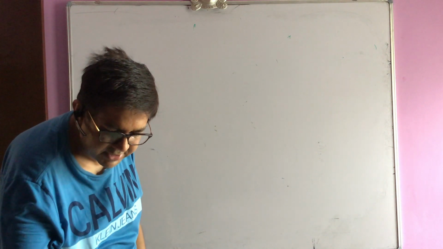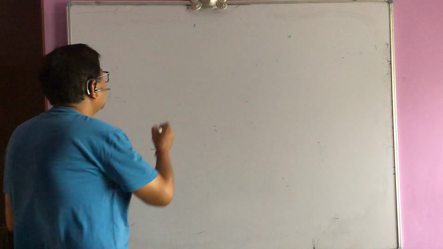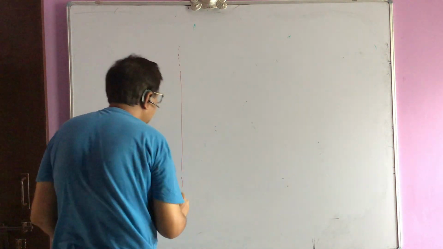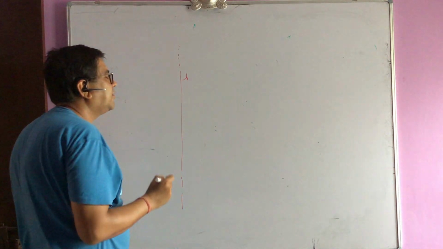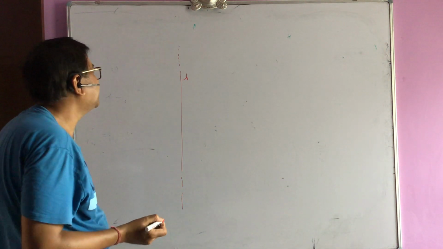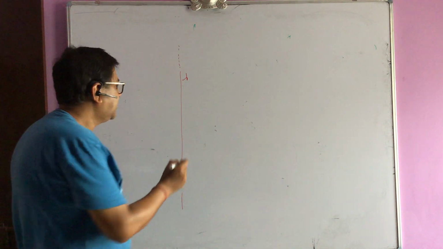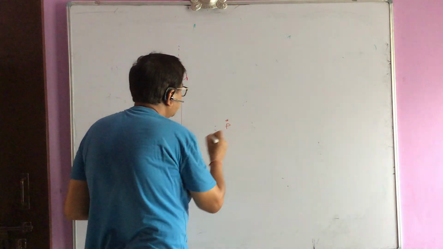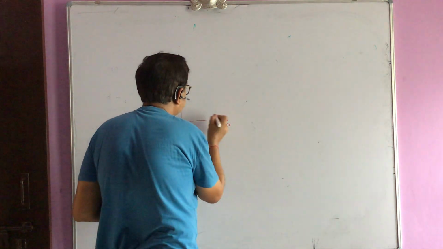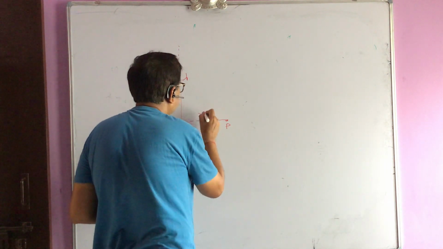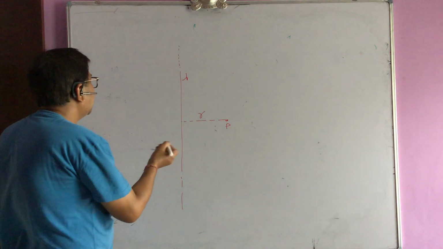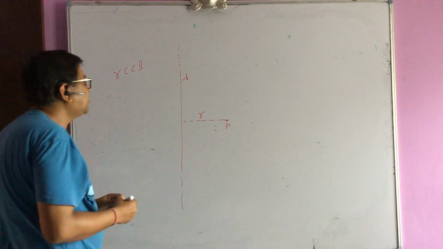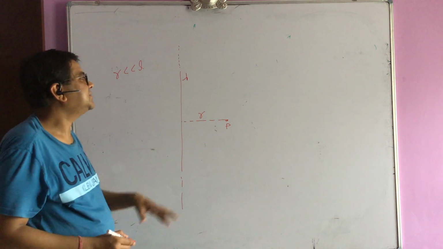So if I am taking the case of a cylindrical shell, what I am doing here is I am taking a line charge. It's very long. You know, there is no word for infinite. Infinite is always a comparative word. So if this has a length L, and at some distance from this, say, I am taking a point P here, and this distance is say R. If R is too small compared to L, suppose the length of the line charge is L, and R is too small compared to L, and P is not near the boundary of this length, then this line charge is infinite for us.